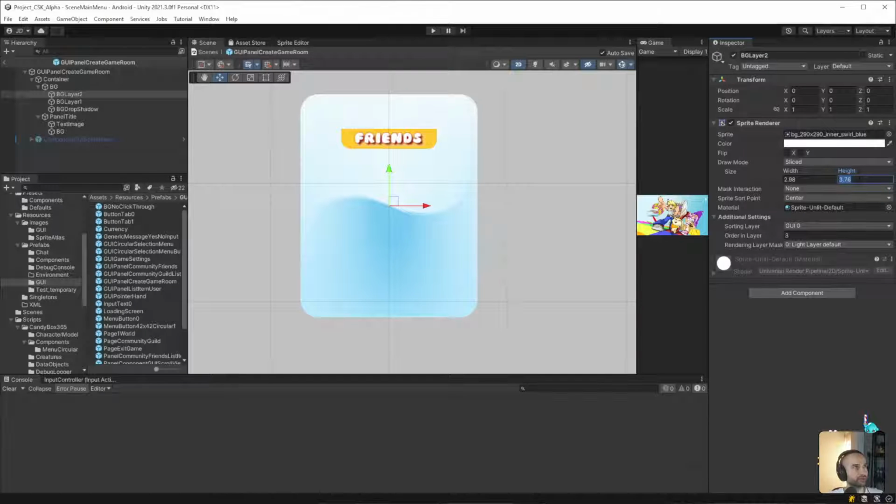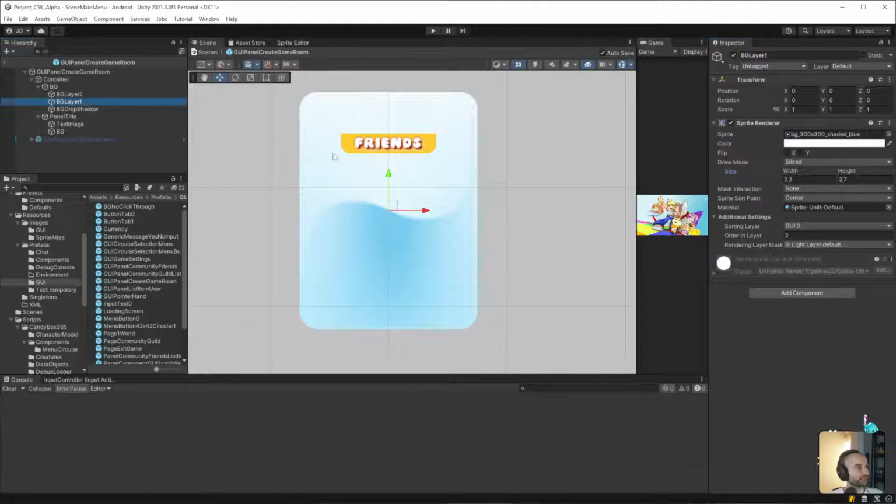So height, we could just make it an even 4. Okay, let's go with an even 4, and then width we will go with 3. That should give us plenty of space. So I need to adjust this to be width. I believe we said 3, so it'll be 3.2. Or is it 3.1? No, 3.2. And then height would be 4.2.